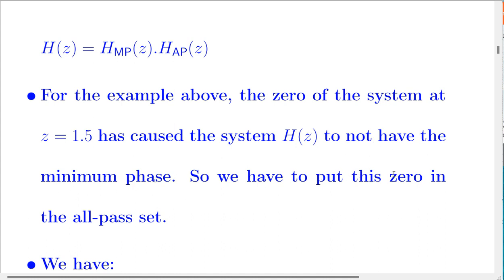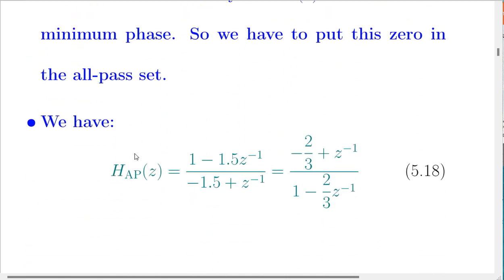So we have to put this zero in the all pass group, meaning that h all pass of z should carry the zero outside the unit circle. Okay, 1 minus 1.5 z^-1, and the flipped version of the numerator will appear here at the denominator. Okay, you see, minus 0.5 plus z^-1,